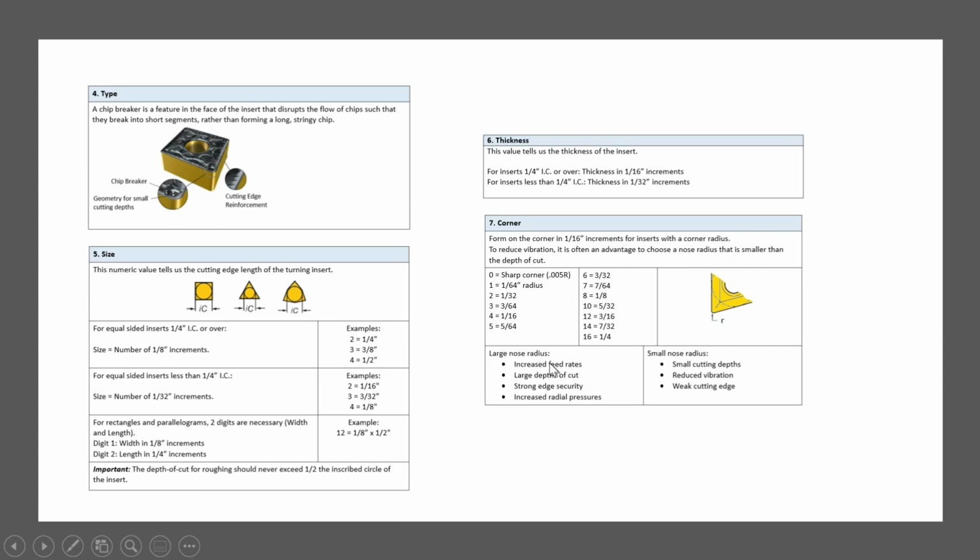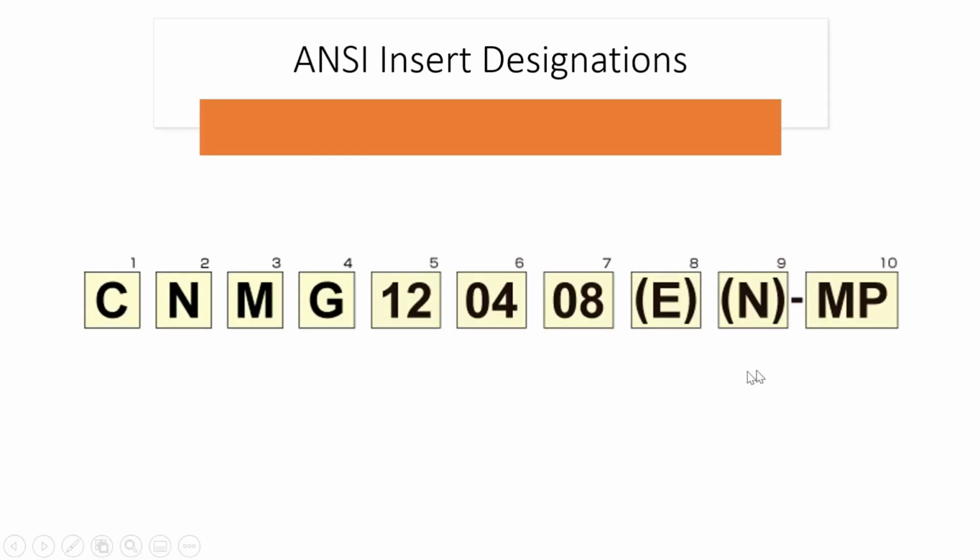A large nose radius gives increased feed rate, large depth of cut, strong edge security, and increased radial pressure. With a small nose radius we get small cutting depth, reduced vibration, and weak cutting edges. The last 2 characters are EN and MP.